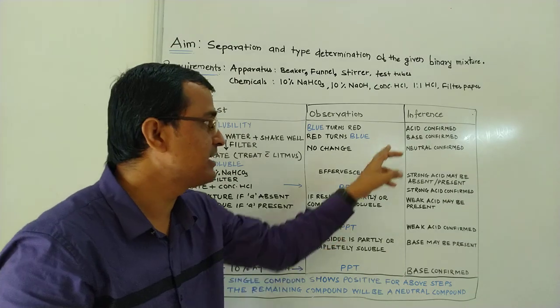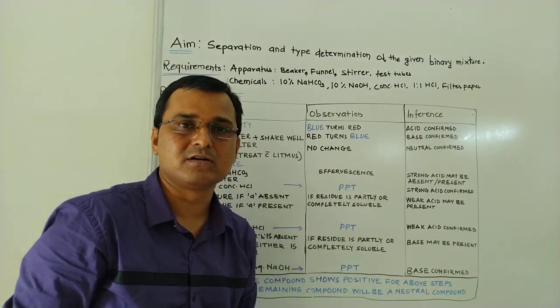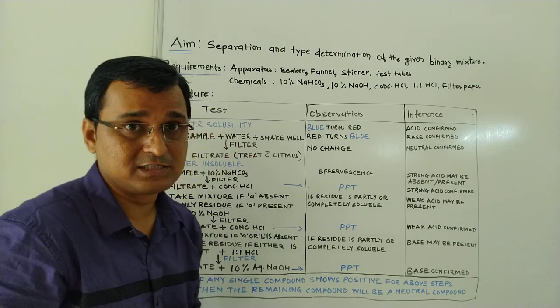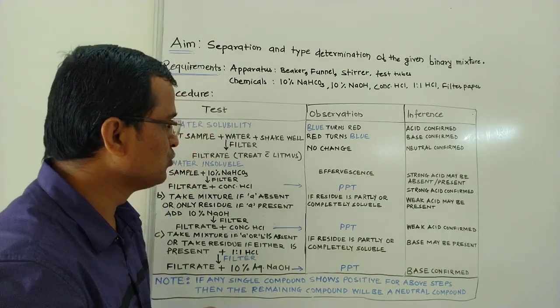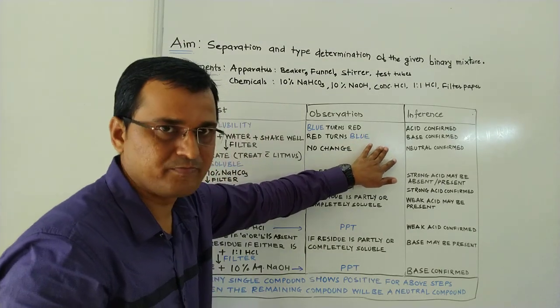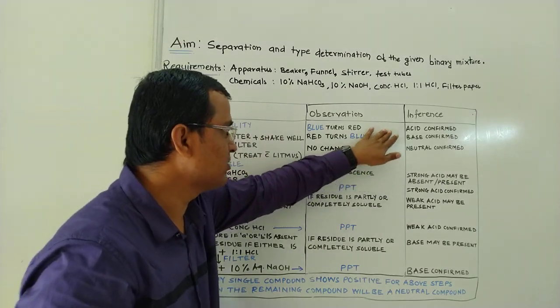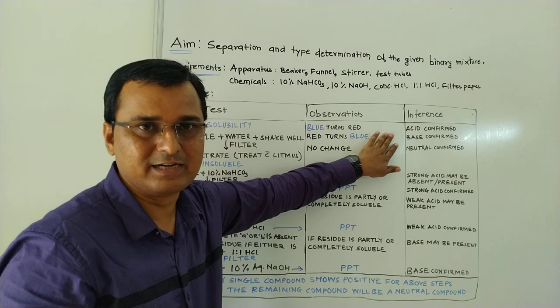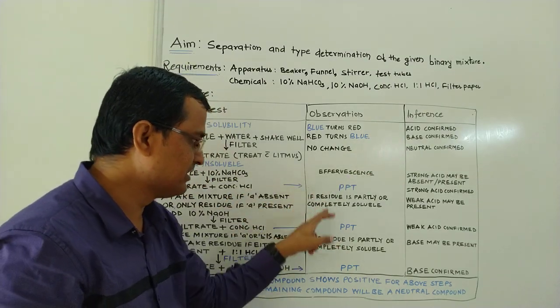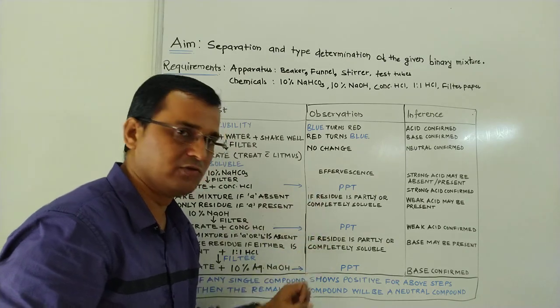So in that case you may have a false confirmation that a water soluble acid is there. So don't do that. You just do this test, okay? But these tests are not at all reliable all the time. So you have to always confirm with the help of whatever the PPT you will get.